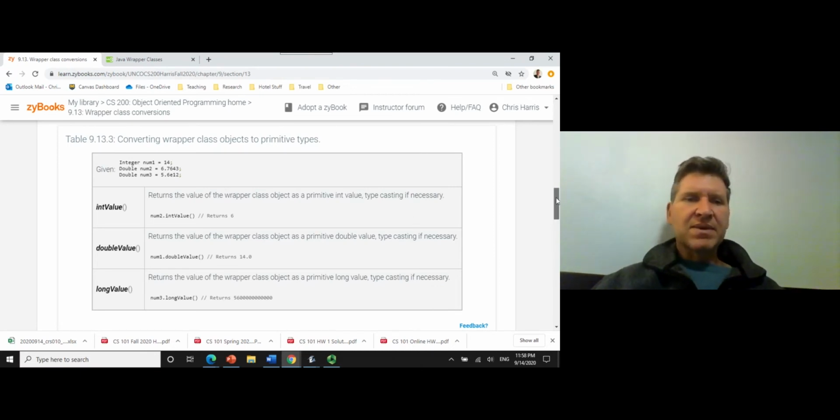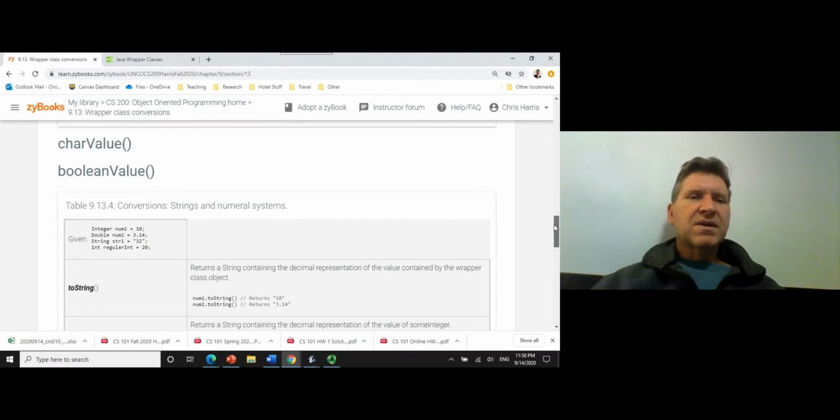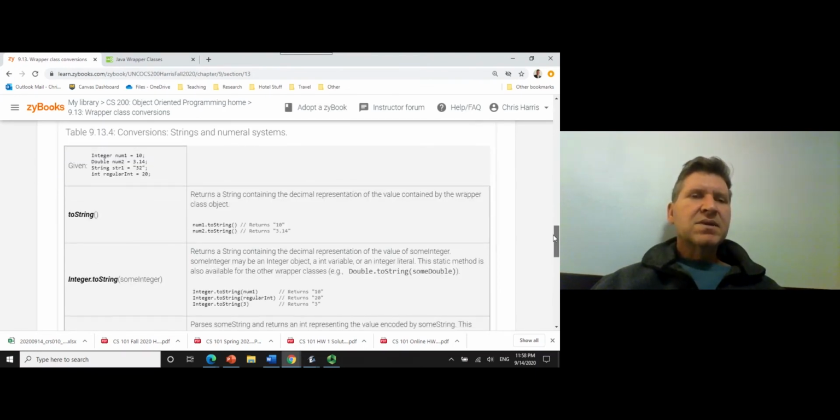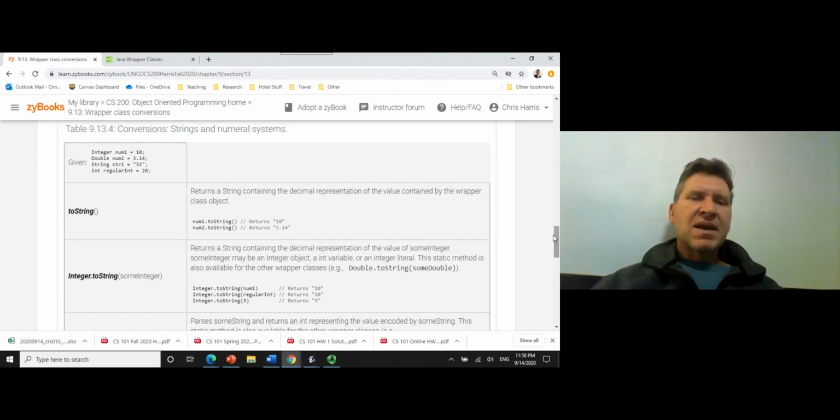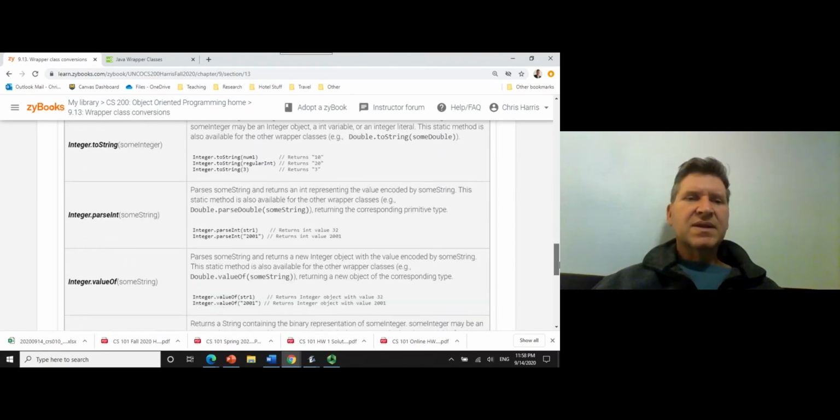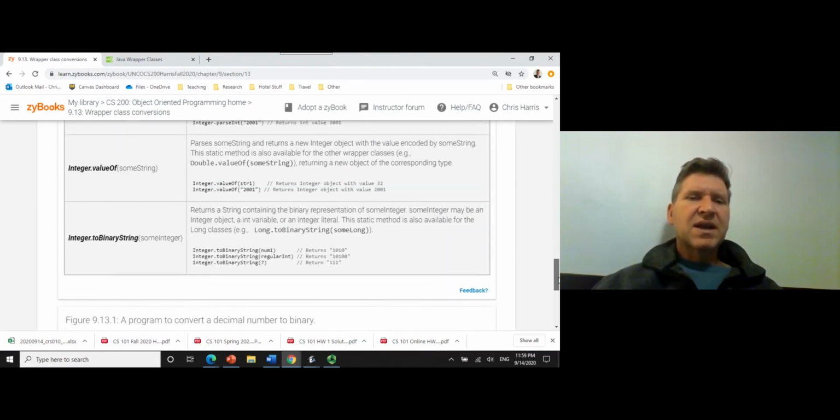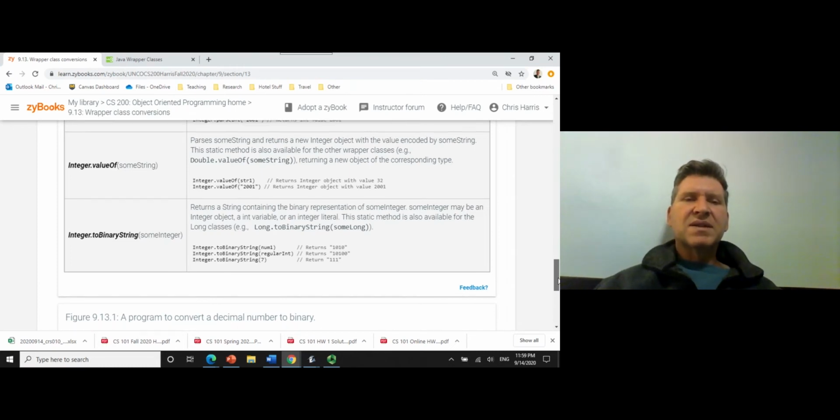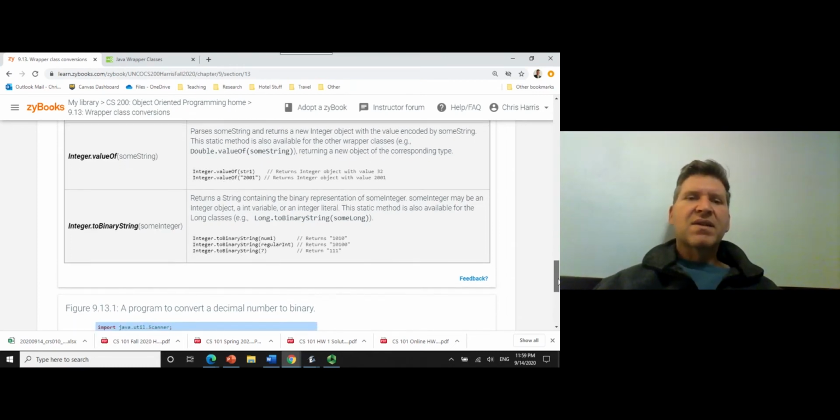Okay, we can do the same thing with doubles and longs, with character and Boolean. ToString, I'm sure you remember having used this, where you take a number and you convert it to a string. And there's lots of different ways to do it. You can parse an integer and get the value of. So this way it actually looks at the value inside some string and gets the value, for example, of an integer. So if you have a string of, say, 2020,